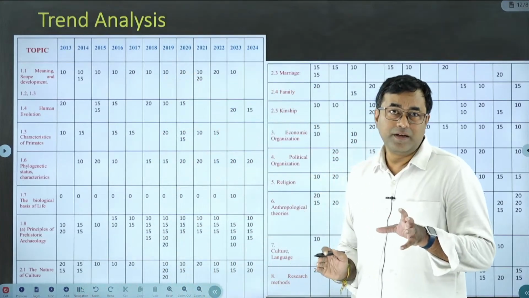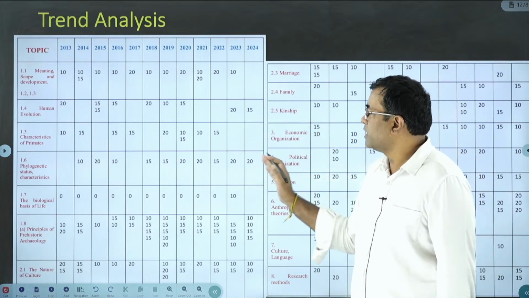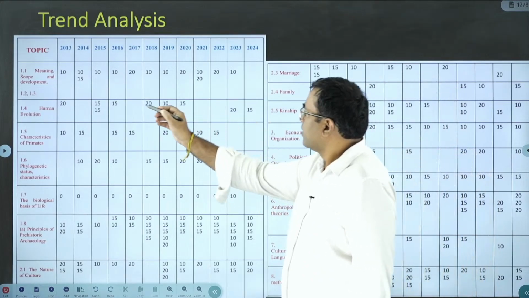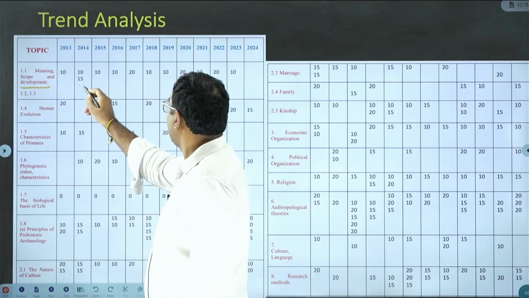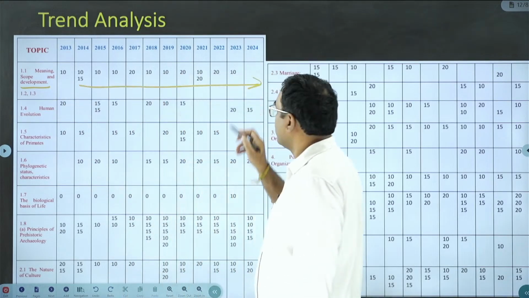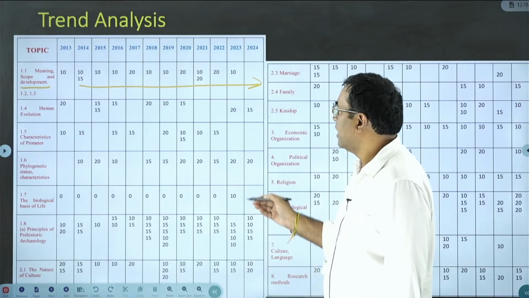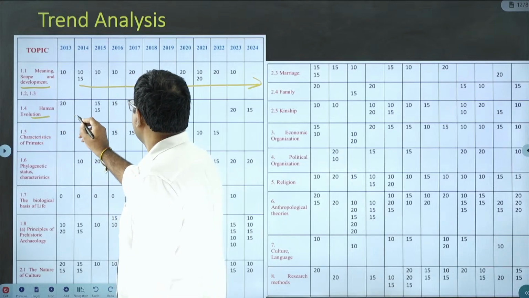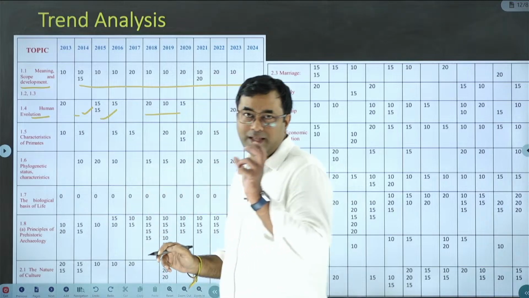In anthropology, we can easily understand the trend in the way questions are given. If you see the first topic, meaning, scope and development, in most of the last years, every year one 10-marker question has been asked. Similarly, from human evolution, you can see alternate years, or every 2 years there is a break and